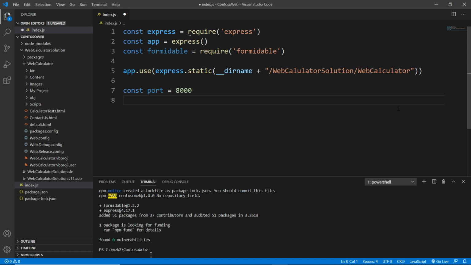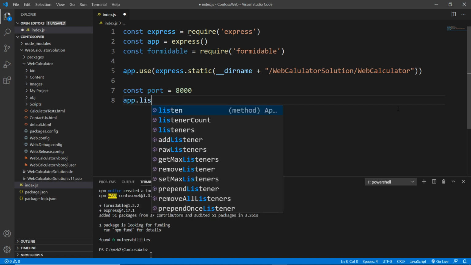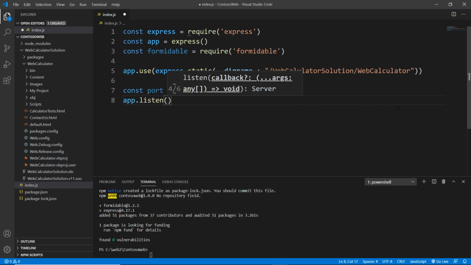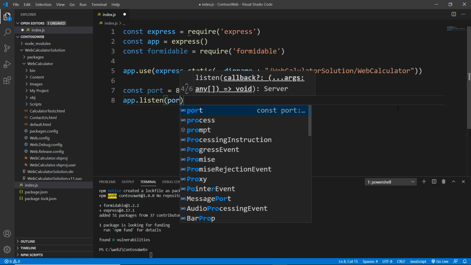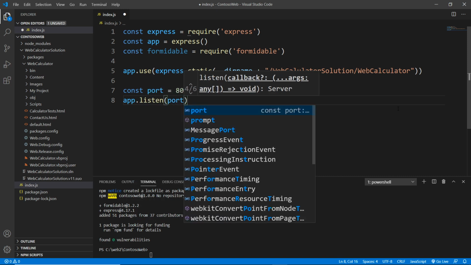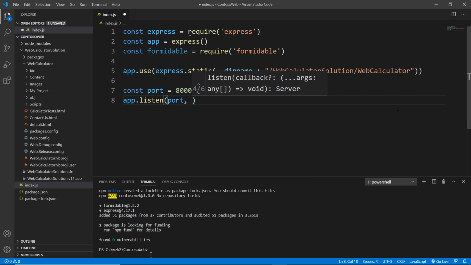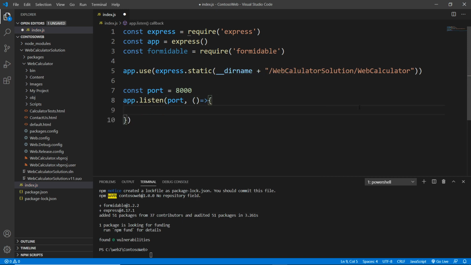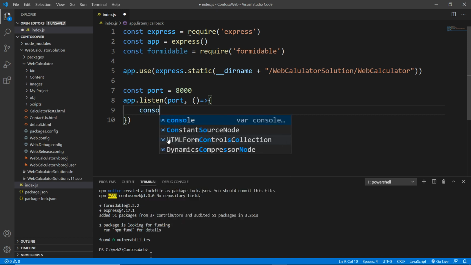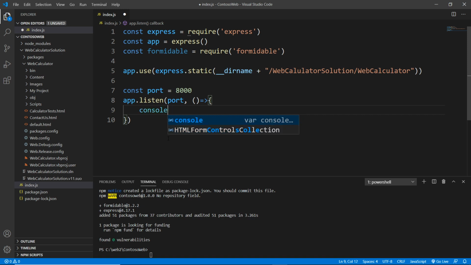And then you're going to listen to that port. Okay, app.listen. This function here takes two parameters. One is required, one is not. The port number is required. The second part is a callback function, which is just another anonymous function here. You can use an arrow function. And this is just used to do some kind of messages or other settings. So here all I'm doing is putting a message to the console